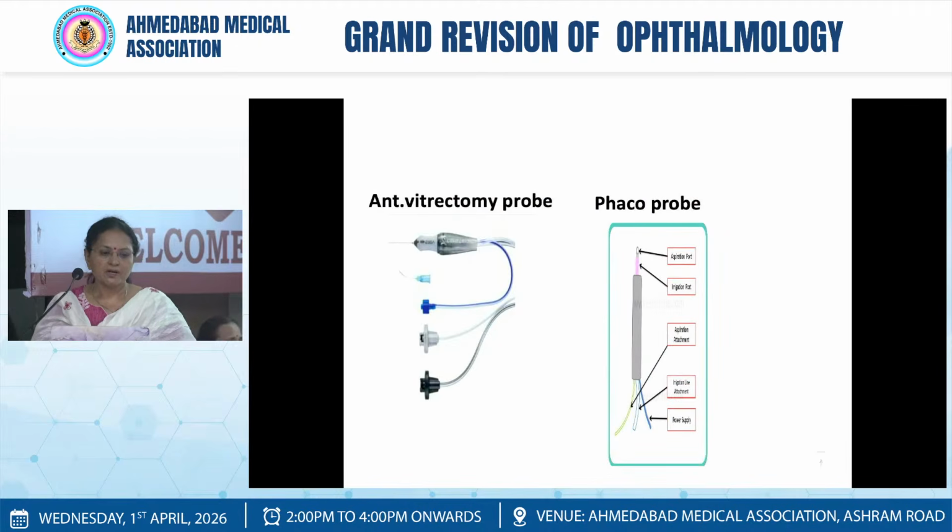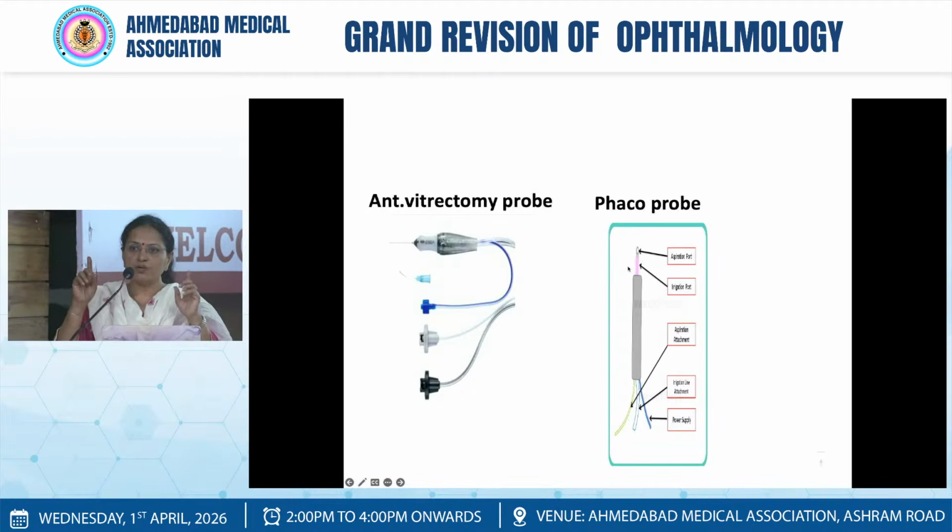Then if somebody has put the phacoemulsification probe and anterior vitrectomy probe both, you have to differentiate. The anterior vitrectomy probe is usually tiny as compared to the phacoemulsification probe. The phacoemulsification probe has a tip which can be detached. It has a sleeve. In the sleeve there are 2 holes on the side for the irrigation,